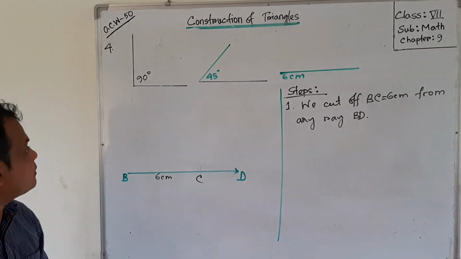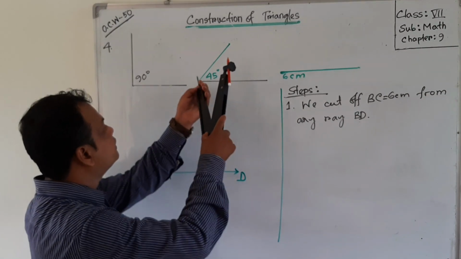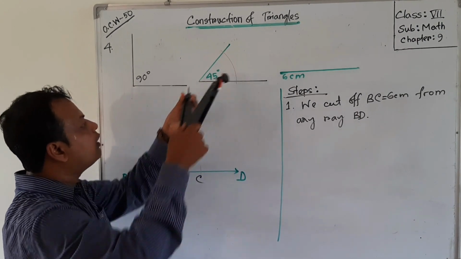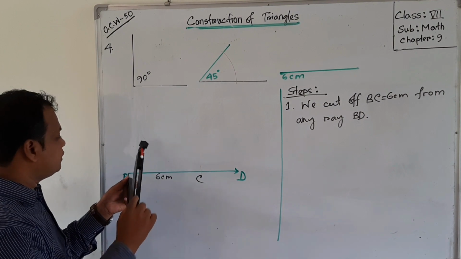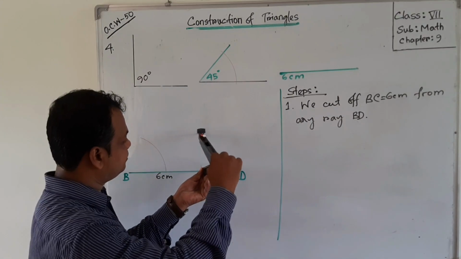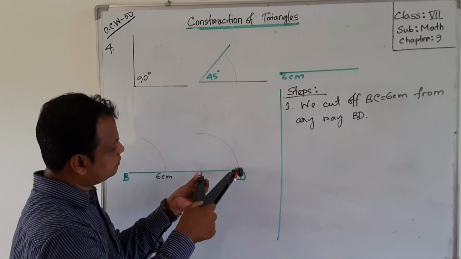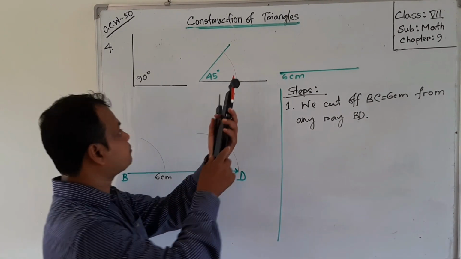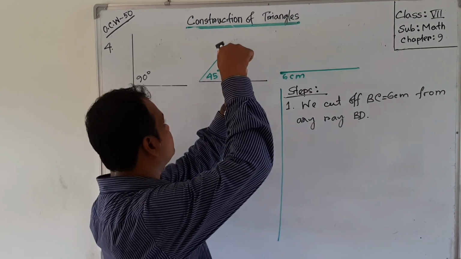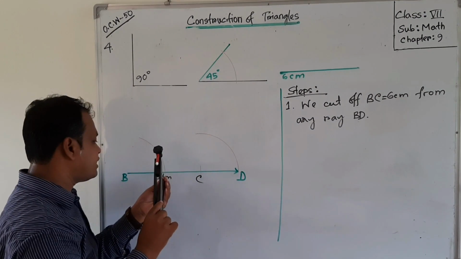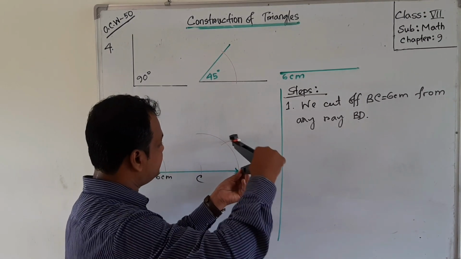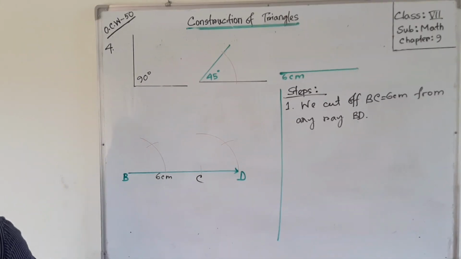So now take the protractor, pencil compass, take any radius. So at center B, we'll draw the arc, and at center C, we'll draw the arc. Then we'll take the radius of this part. Then in center here, draw an arc, and from this point draw another arc. Now extend this part.